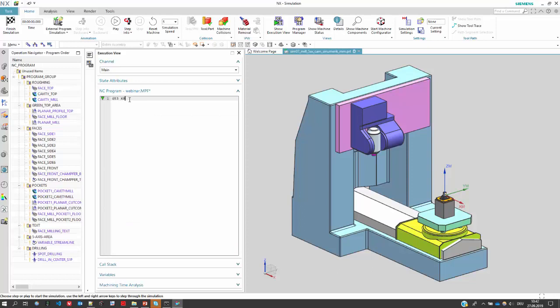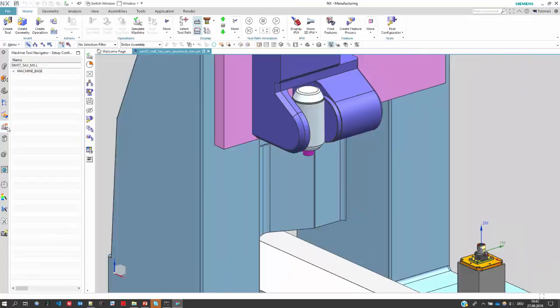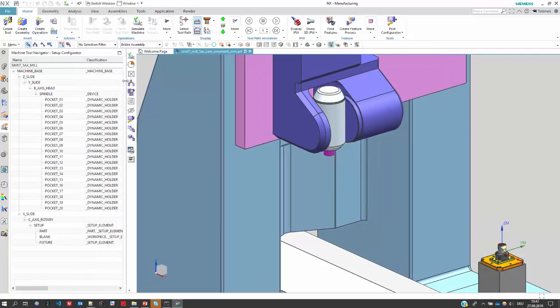How can you simply check if the machine zero position is correct? Simply type in G53 or the controller relevant command and move to this position. For sure, nothing moved because the machine zero position is here within the spindle. So there's one important rule you need to follow,